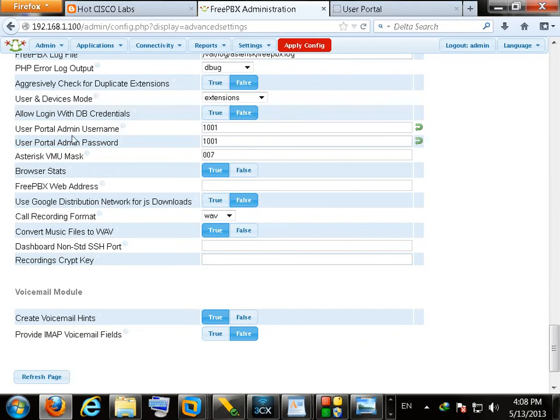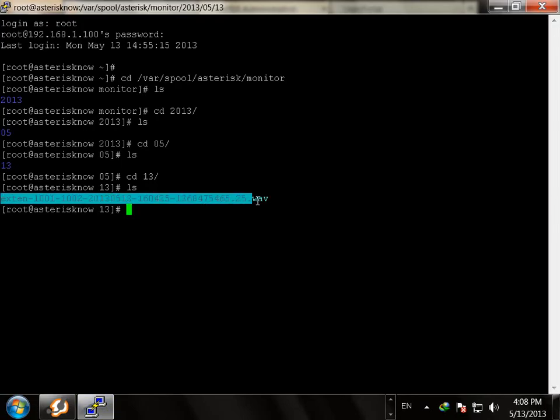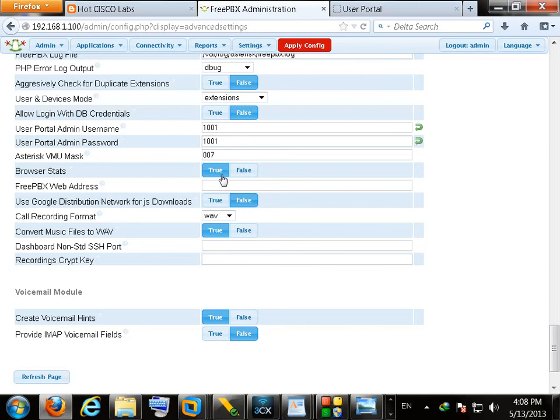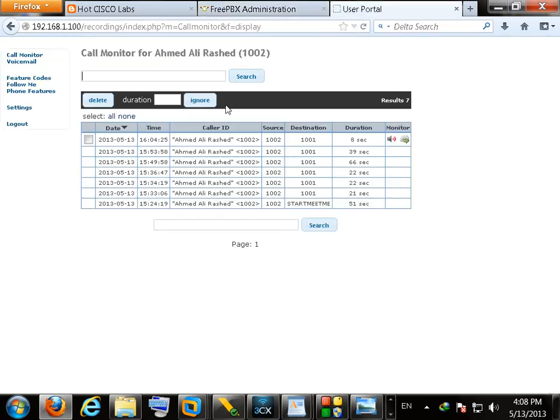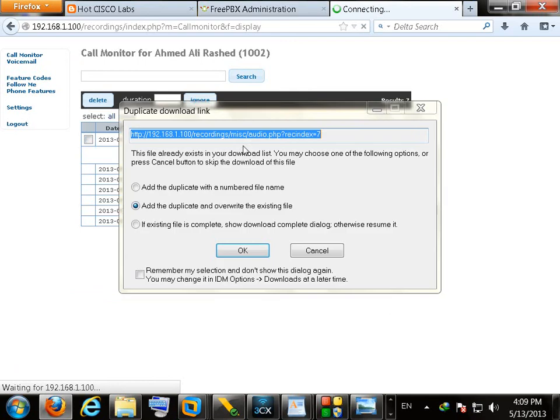So I'm going to use the same password, and now this user, the extension 1001 user, will be added and will be configured as an admin user for the user portal, and will be added to the call monitor admin groups. And now this user has the ability to access and manage these recordings using his voicemail and recordings web page. Now let's apply our configuration, and you can see here in the call monitor page we can see our recording. You can delete this recording if you want, or you can play this recording in your browser if you have